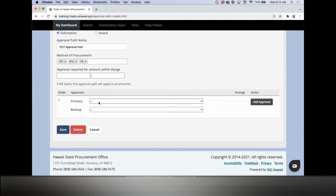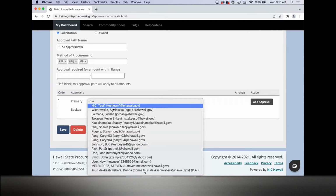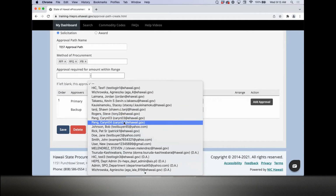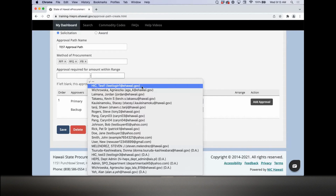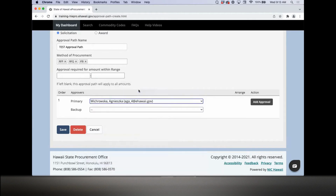Now you're going to select a primary. Within this list will be all the buyers and the department admins that are within your department. So a buyer can be an approver and so can a department admin. So for this example, I'm just going to select someone from this list, and then I'm going to click, oh, and before I move on,